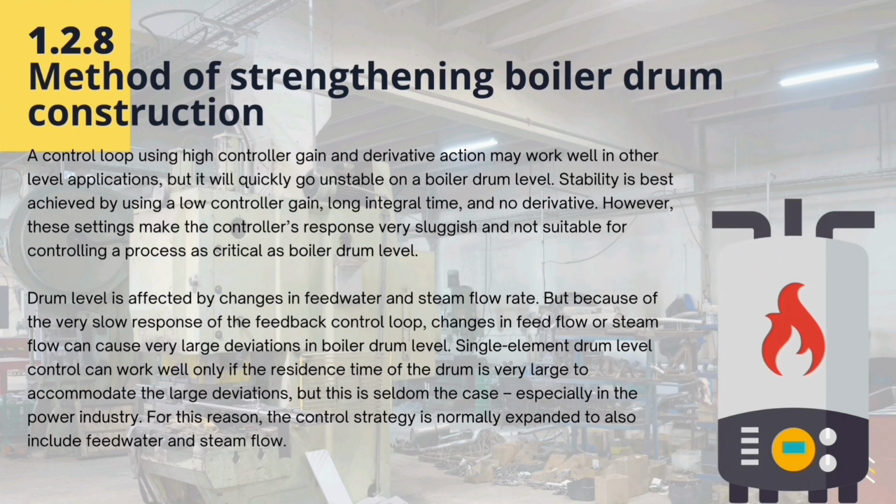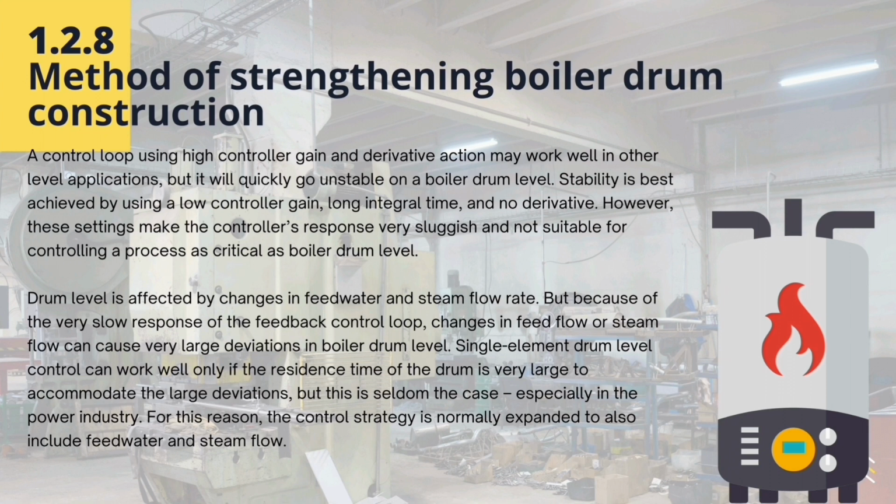Next, methods of strengthening boiler drum control. A control loop using high controller gain and derivative action may work well in other level applications, but it will quickly go unstable on a boiler drum level. Stability is best achieved by using a low controller gain, long integral time, and no derivative. However, these settings make the controller's response very sluggish and not suitable for controlling a process as critical as boiler